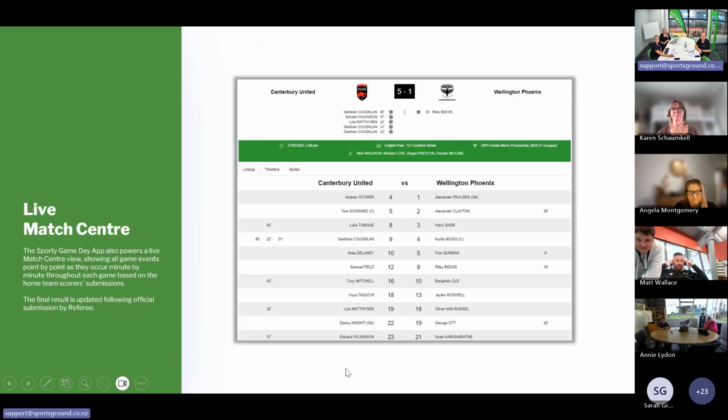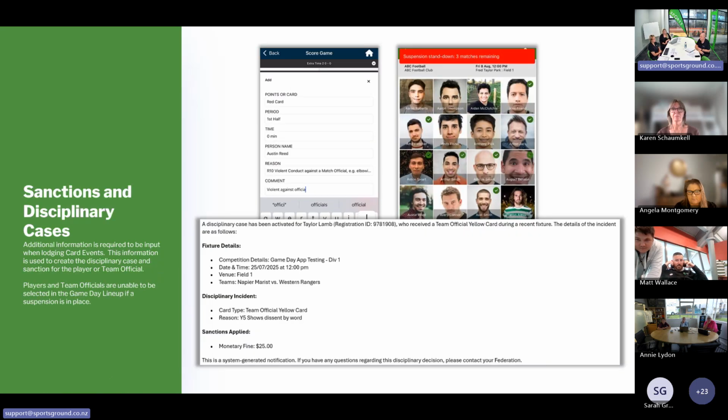And then the system will automatically identify when the number of games have been played and when that player is available for release into a game following the number of match suspensions that they've played. Teams will be unable to select that player. You can see in that screen, we've got little tick boxes on all the players or the team officials that we're attempting to select for our game day team. In the instance that a player or a team official has a match suspension, they will be unable to be ticked, and a little red icon will appear at the top that states how many matches remaining for their suspension until they're able to be selected into a game day team. So that process is automatically allocated.